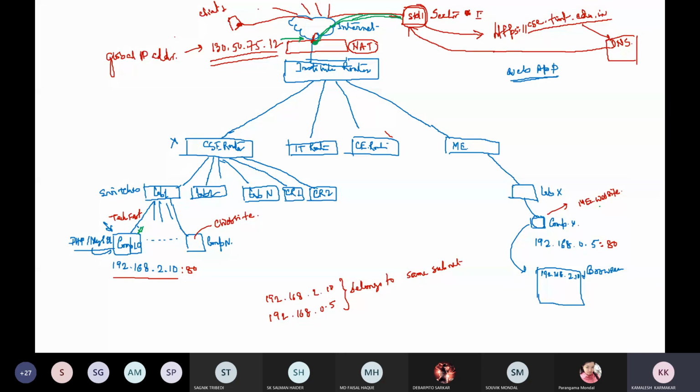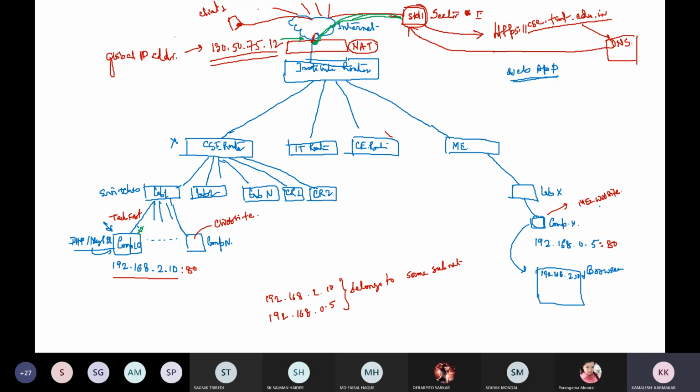So NAT will decapsulate the packet, encapsulate it with the global IP address, and forward it to your machine. In this diagram, student 1 is trying to access it from sector 1 of Salt Lake. So this is the way two machines communicate.